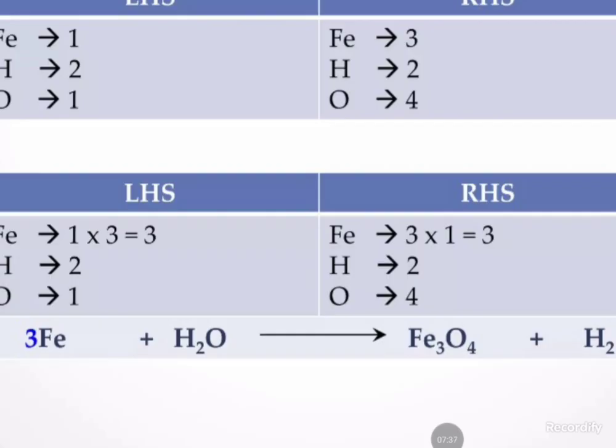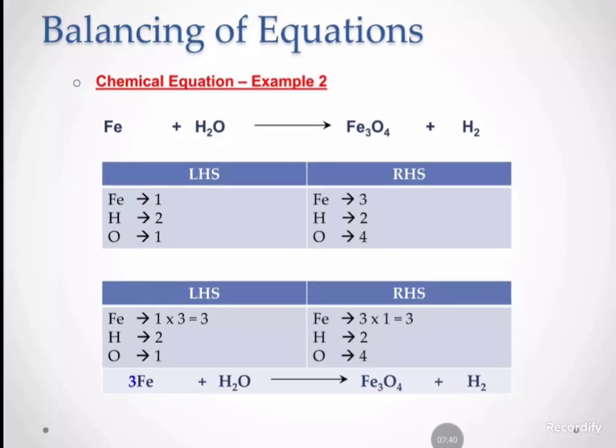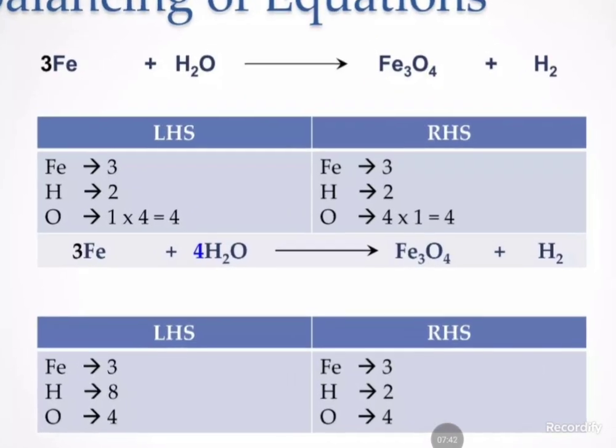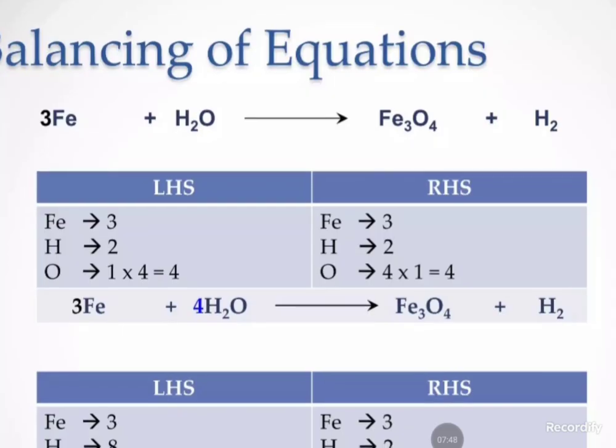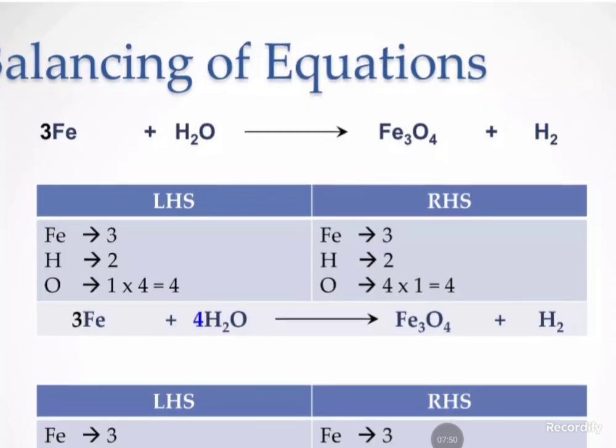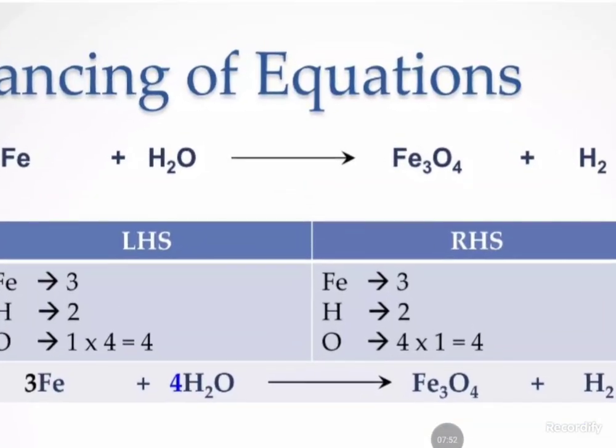What about hydrogen and oxygen? We can take one more slide. See, we have already given the 3 for Fe, iron. Now we are balancing hydrogen and oxygen. Coming to hydrogen, it is already balanced. What about oxygen? On the left hand side only 1 atom is there, but on the right hand side 4 atoms are there. So simply you can give the 4